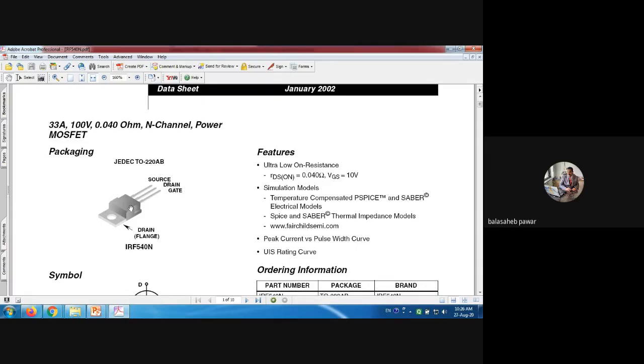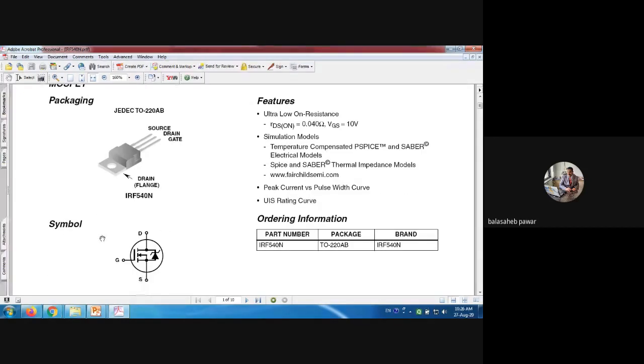What does turned on mean? You are familiar with this symbol actually, right? When you apply a voltage greater than VT, then and then there will be non-zero ID flowing from drain to source. When VGS is less than VT, no channel forms between the drain and source, and hence how much will RDS be? That is the resistance between drain to source, or we can say it is mostly the channel resistance. So it will be infinite, right? And that's why we say the transistor is working in its cutoff region.